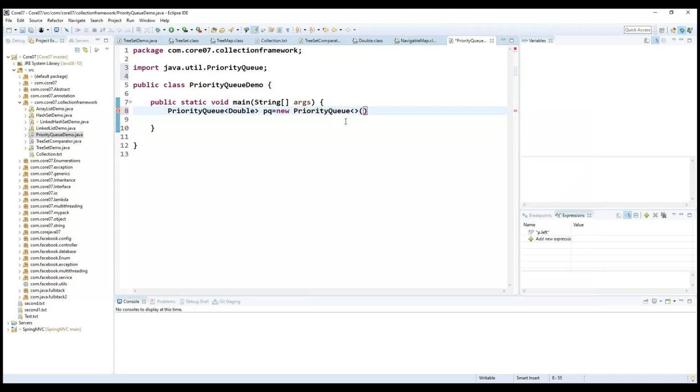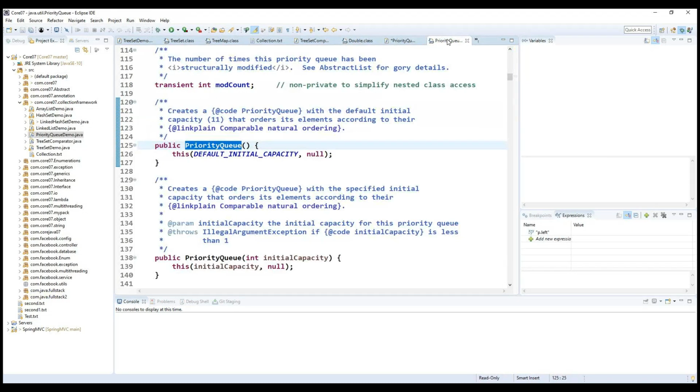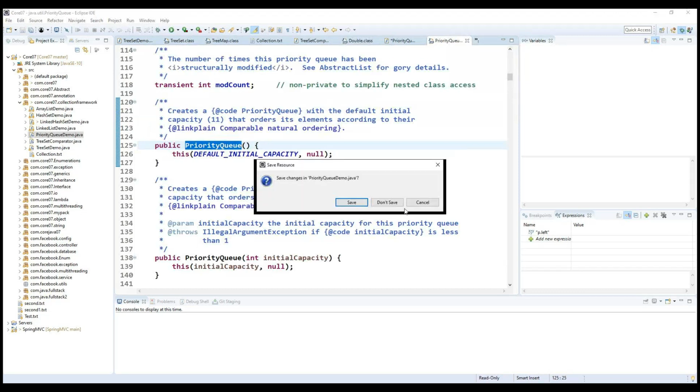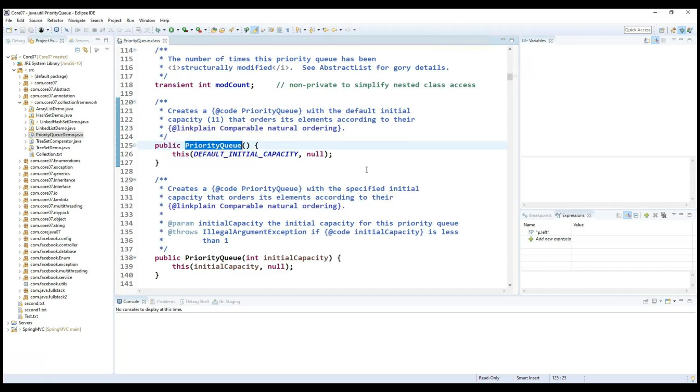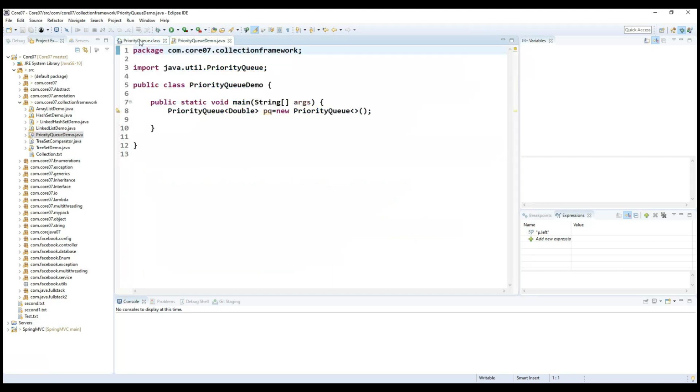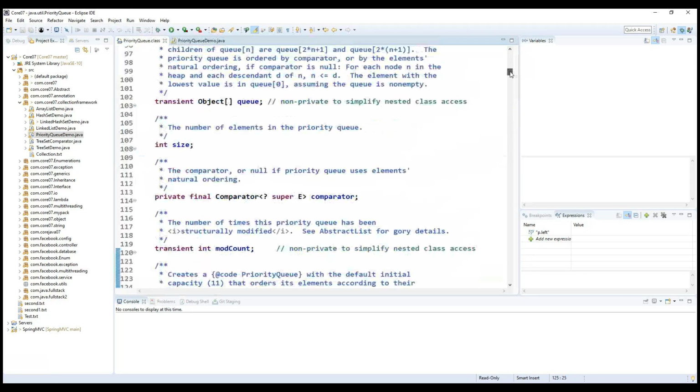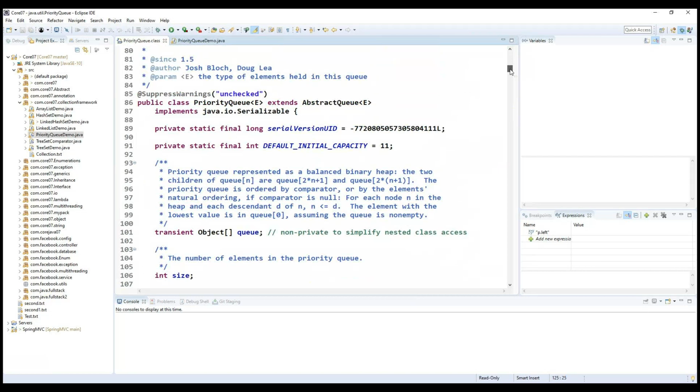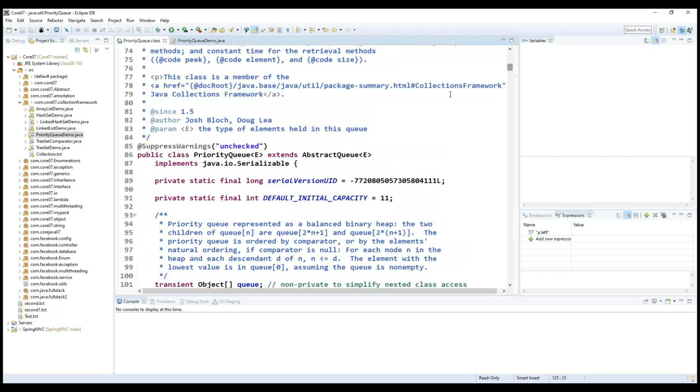So first I will try to explain the PriorityQueue constructor. Now let me close the others. Okay, now I will open this particular class. Now we'll see what the different constructors are. Before discussing this particular constructor, we need to understand the implementation class. Now, if we observe carefully the particular hierarchy,